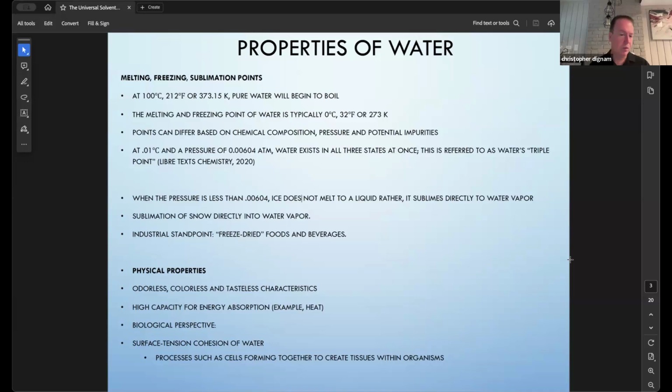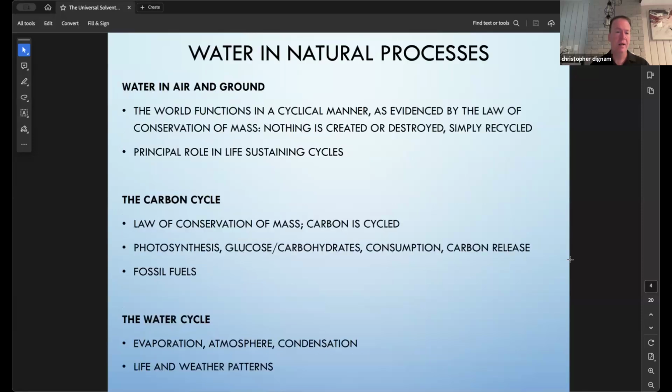And so physical properties, odorless, colorless, tasteless, we're looking at putting together a teaching practice type of work for any educator at any level to use, and for them to look at the ways that the biological perspectives of water affect everyone on this planet. Water is observed in all areas of nature, regardless of where you're at. It's in air and ground, with a principal role in sustaining life cycles. Some of the other work we're putting together and how this presents the qualities of water would be carbon cycle,